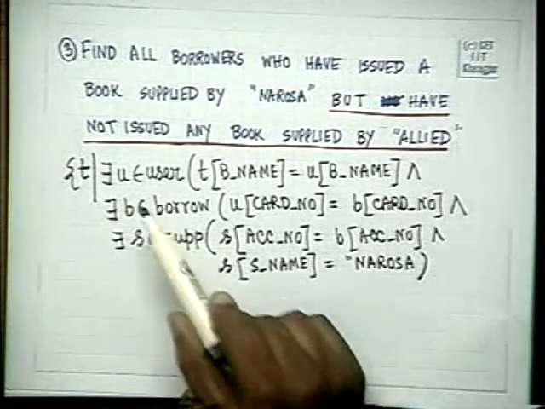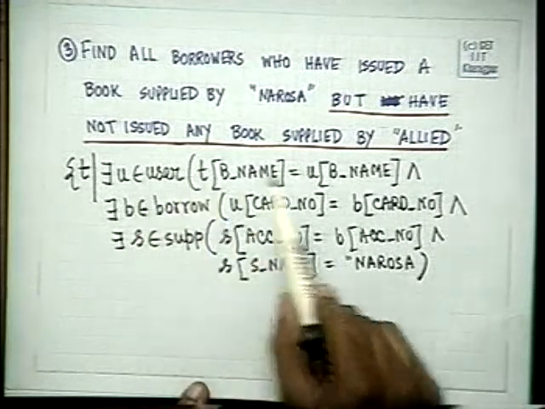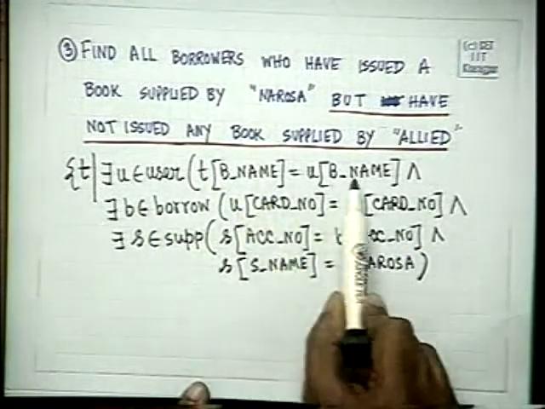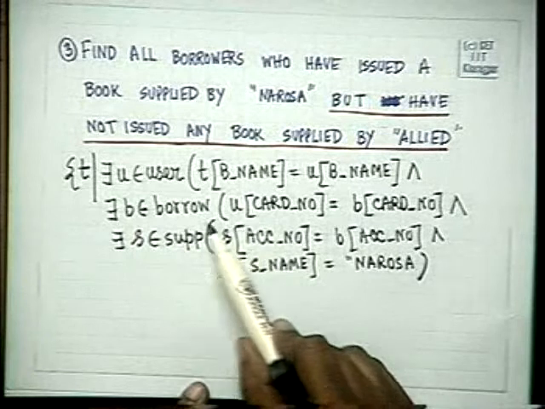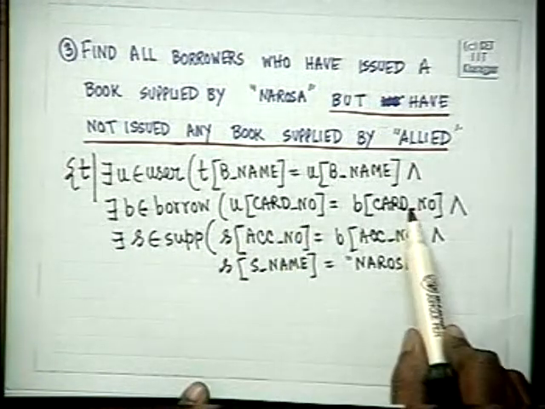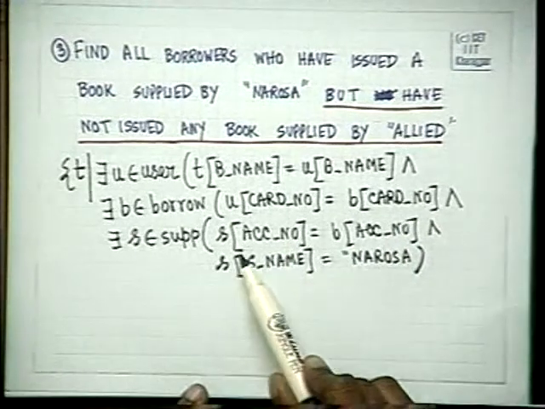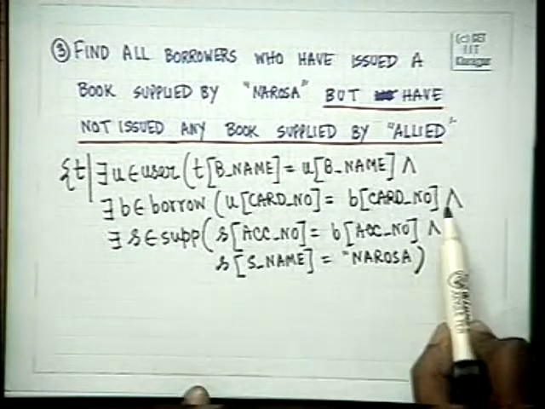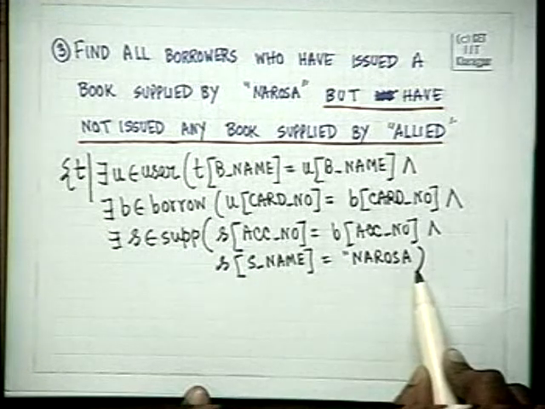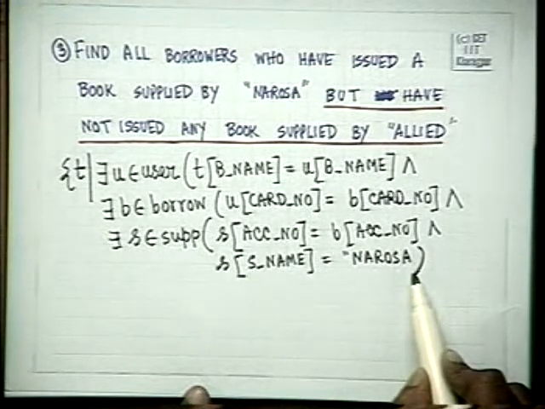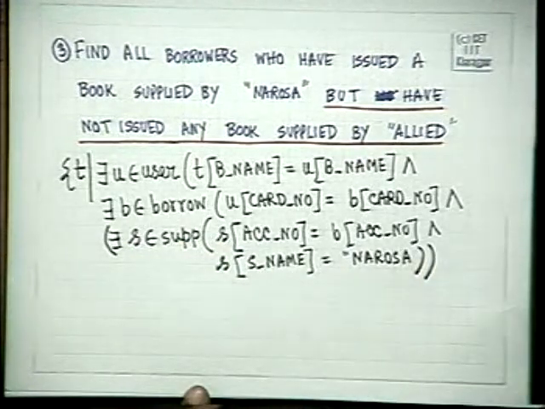Before going to the next part, we will have to see the scope of these variables. This bracket says, goes into all, you have chosen a user and this is the name corresponding to the user. In the next one you have chosen a borrower, a borrow relation, and you have matched the card number, you have got the accession number of the book. So this book must be supplied and there must exist, and this must be true, that there must exist this, and something else must be true. So this and is one part of the story.